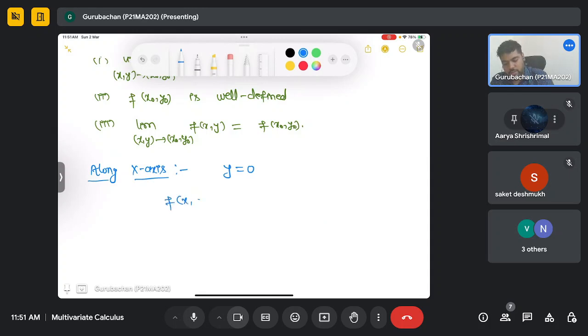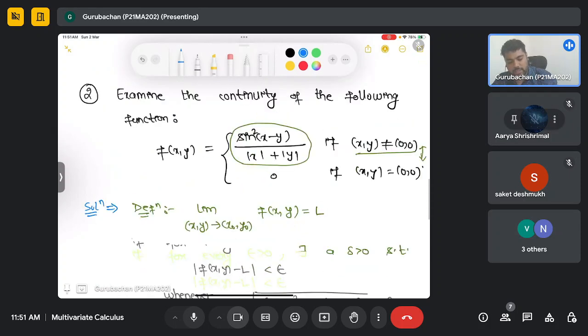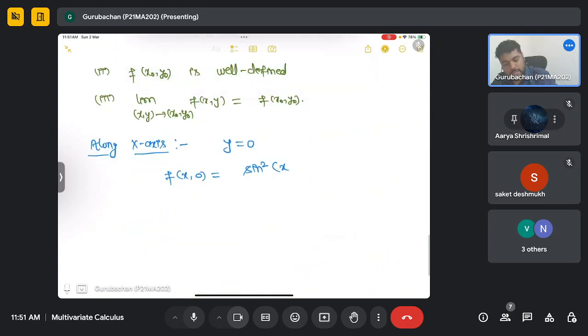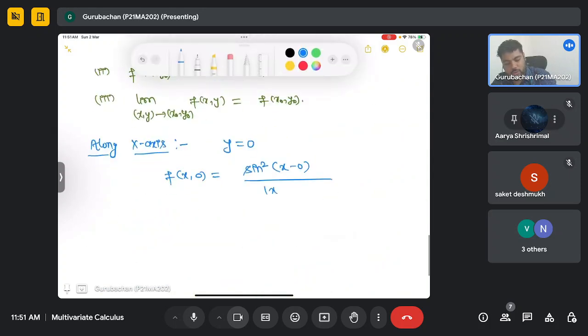So f(x,y) is sine square of (x minus y) divided by mod x plus mod y. So it will be sine square x divided by mod x, which is nothing but sine square x divided by mod x. Now the limit as (x,y) tends to (0,0) of f(x,0)